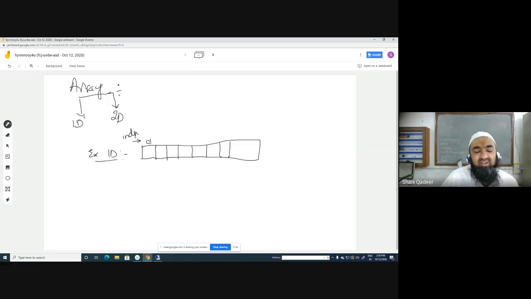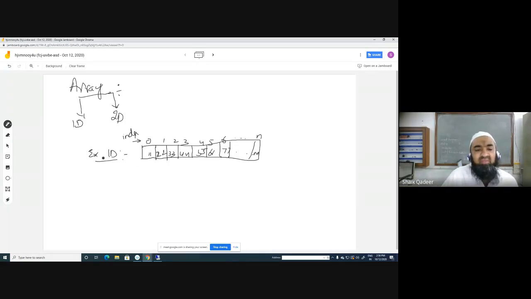Suppose this is the 0th location, this is 1, 2, 3, 4, 5, 6, and so on up to the nth location. And here we have some data like 11, 22, 33, 44, 55, 66, 77, and so on up to the last one, nn, right?